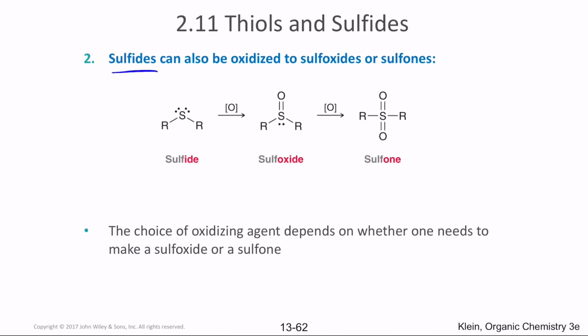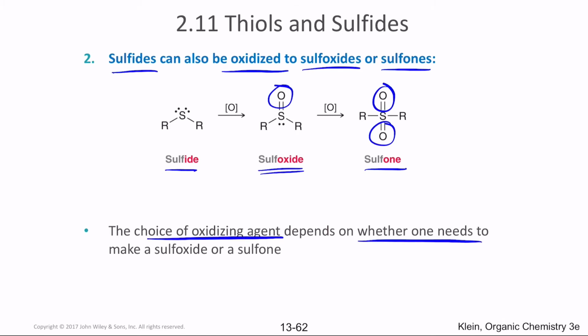So sulfides in general can also be oxidized to form sulfoxides and sulfones. So when you add oxygen to a sulfide, it forms a sulfoxide. A sulfoxide is where the sulfur has one double bond to oxygen. A sulfone is where it contains two double bonds to oxygen. So the choice of oxidizing reagent depends on whether one needs to make a sulfoxide or a sulfone, because the extent of oxidation